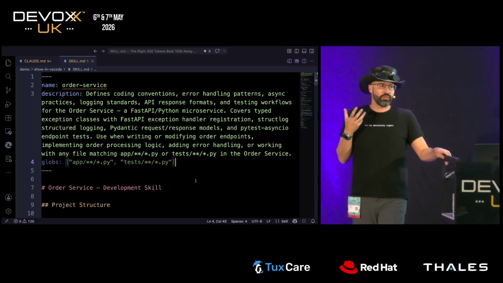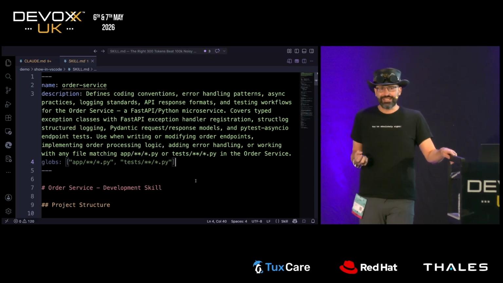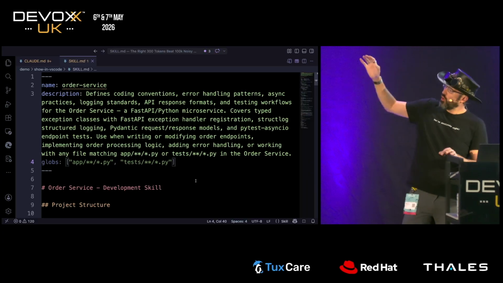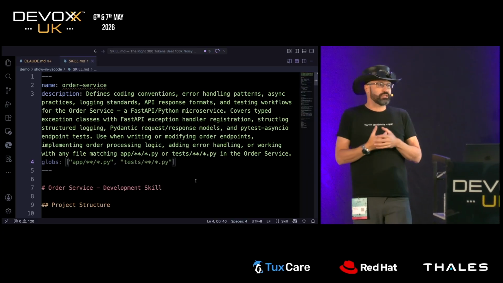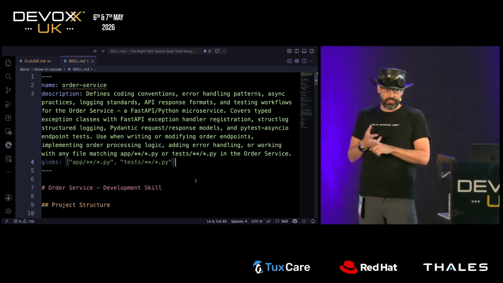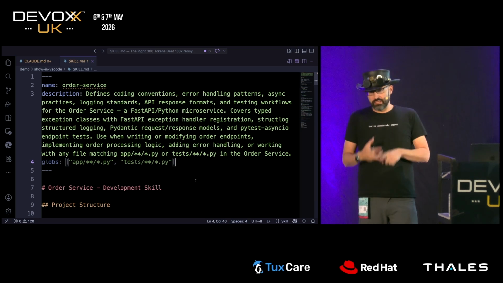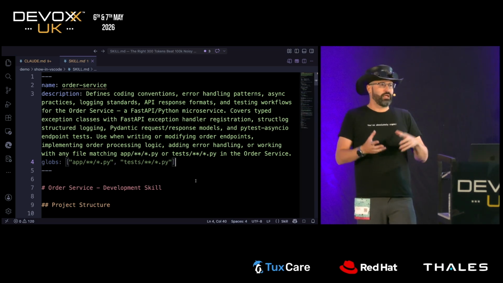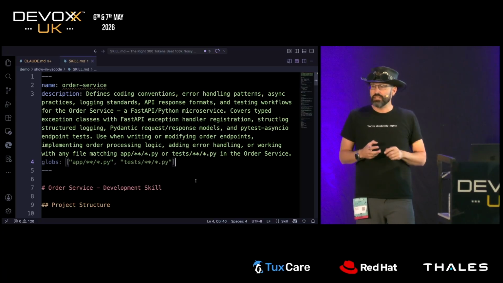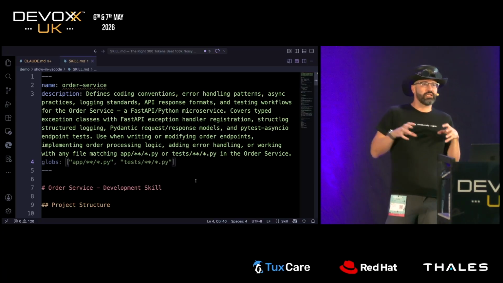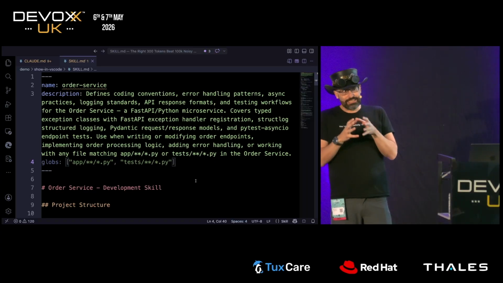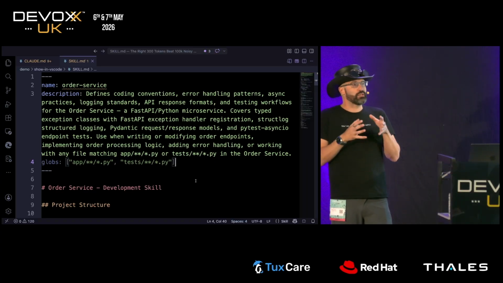So for the minority of you that doesn't use skills yet, the most important part is that skill is progressively disclosed. Basically what it means is that the context doesn't hold all this information in it all the time. Instead, the only things that are in the context is the name and the description. It's good because it doesn't blow up the context and there are no conflicts between different skills, but it's also tricky because it means that description does the heavy lifting of letting the agent know which skill needs to be